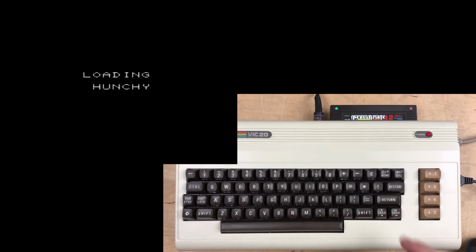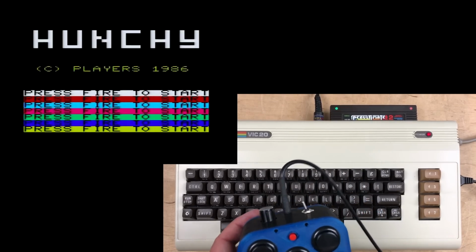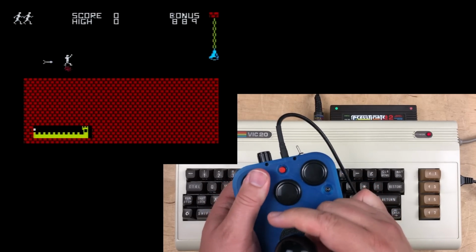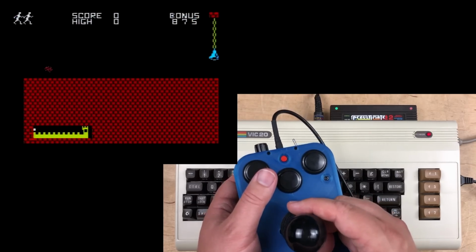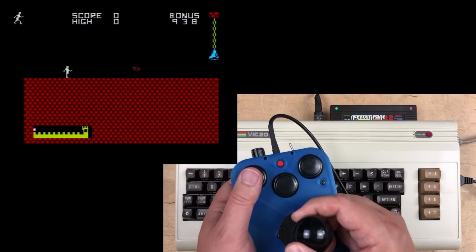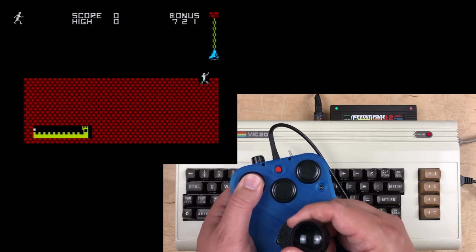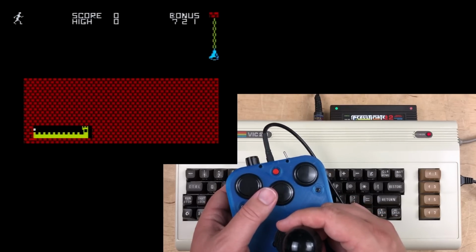A classic kind of game, Hunchy. Yeah, late game, 1986. Really tough, too. Oops. This might start off more difficult than any other Hunchback game I've ever played. Oh, I did practice this, but